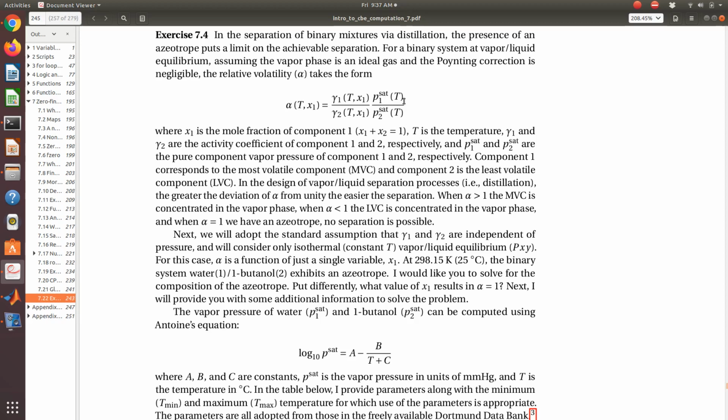We're given the temperature, so I can directly calculate P1 sat and P2 sat via my Antoine equation. Gamma 1 and gamma 2 are functions of temperature and composition, although in the expressions we're using, you only explicitly see x1. In theory, this is all just a function of x1, and our goal is to use f0 to iterate on values of x1 until alpha is equal